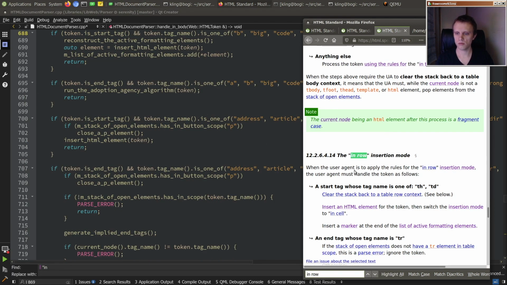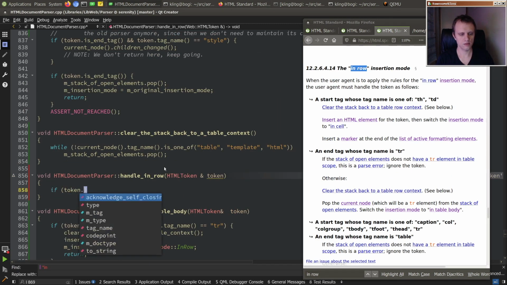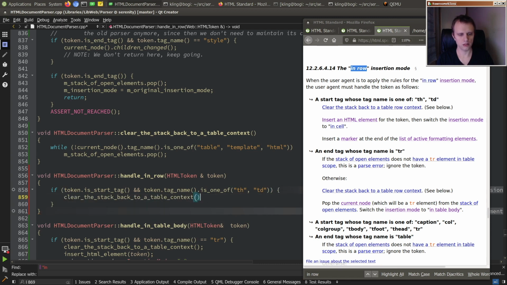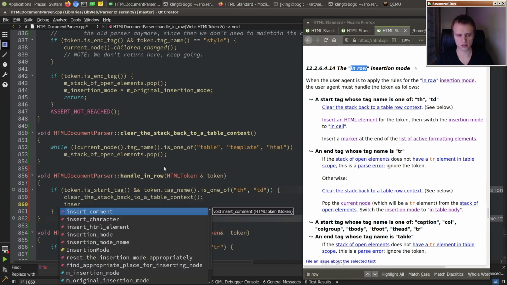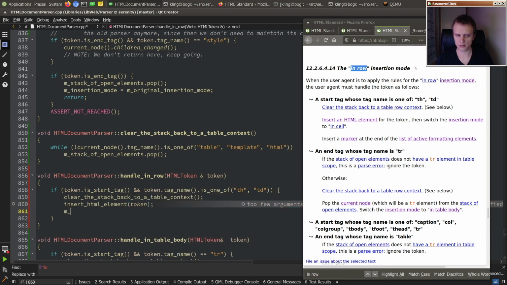In row, and token tag name is one of th or td. Clear the stack back to a table context. Insert an HTML element for the token. Switch the insertion mode